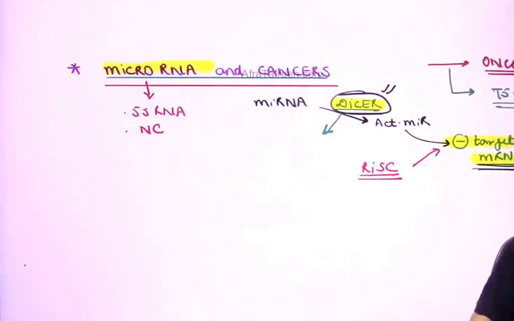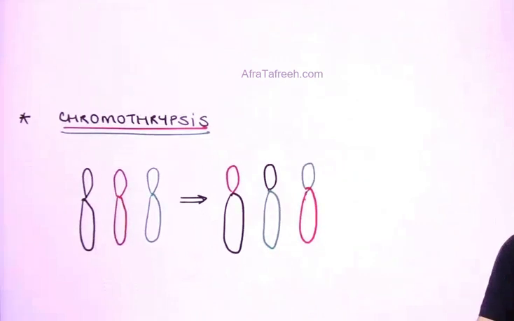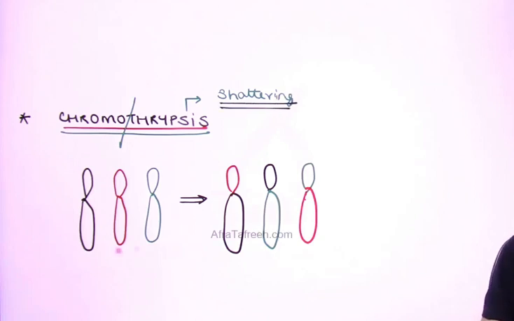A new concept that is important for you to pick up over here is the concept of chromothripsis. Don't cram this, understand it very easily. Chromo means chromosome, thripsis means breakdown or shattering. So what is happening over here is that sometimes the chromosomes, as you are going to be observing on the left side, have a breakdown, usually at the time of a replication, and now the chromosomes are going to fuse with a non-homologous one. That means there is going to be a chromosome breakdown, different fragments, and a bad fusion, I can say, which is responsible for the formation of these types of abnormal chromosomes.